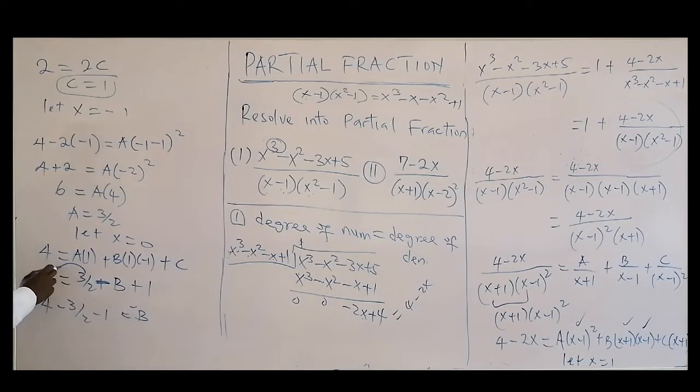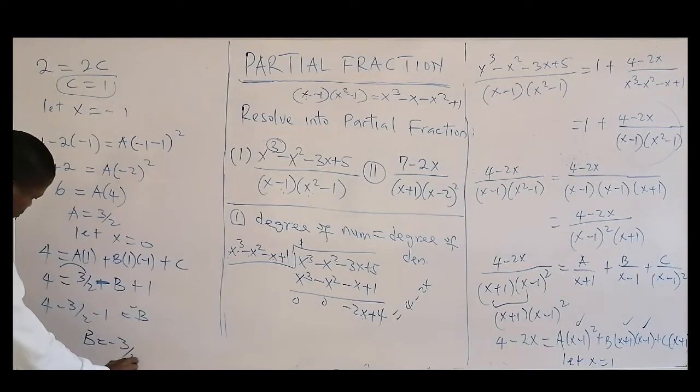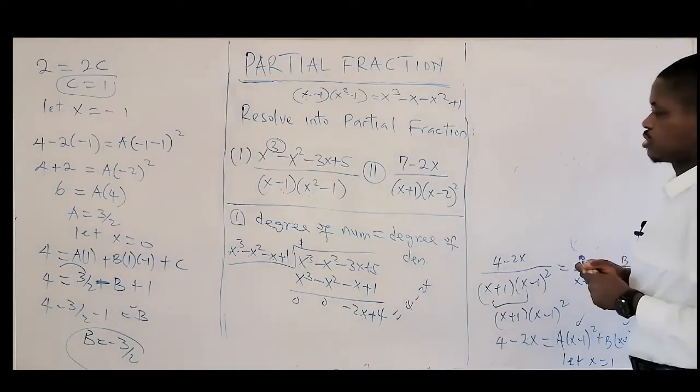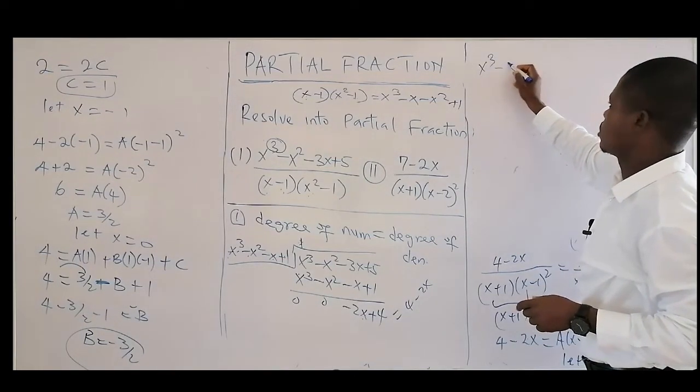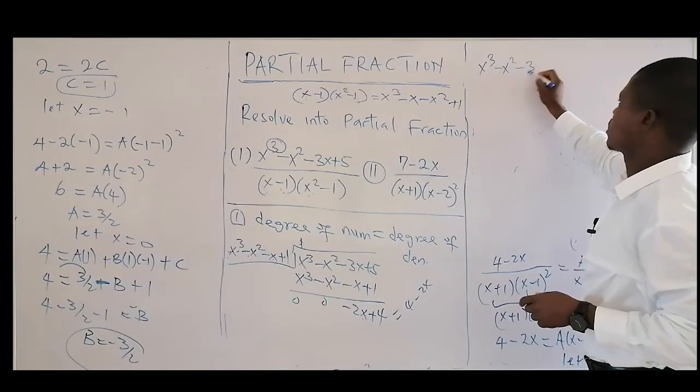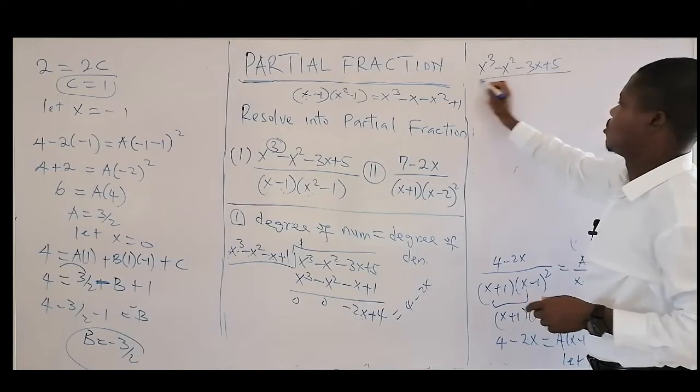Move this one to the other side. So you have 4 minus 3 over 2 minus 1. That's 3 over 2. So b is what? Minus 3 over 2. The conclusion will now become your question: x squared minus 3x plus 5 all over